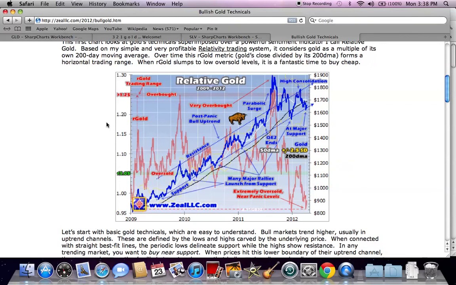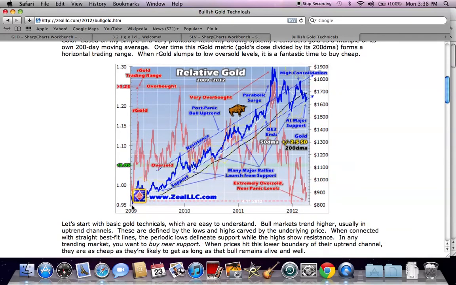Adam Hamilton writes some very good articles that will help you understand the direction of gold long term and short term. I don't know Adam, but I've been reading his column since about 2007. And he's been spot on every time. He predicts bottoms. He predicts tops. He uses long-term charts. As you can see, this is a chart from 2009. And don't try to digest all the information. Just notice the direction of gold here and notice that it's in a trend. And we're at the bottom of that trend channel.